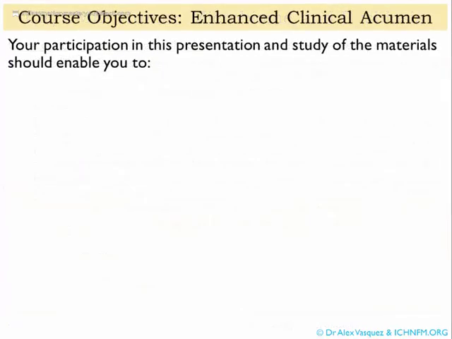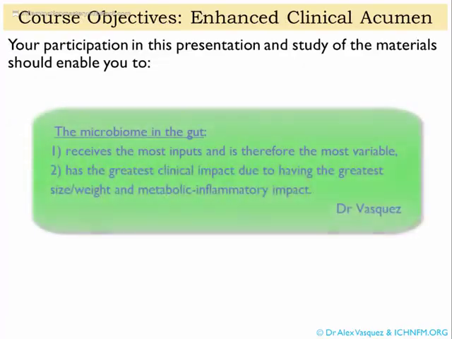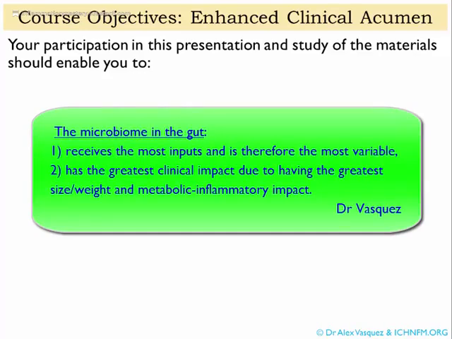Gastrointestinal dysbiosis, I think, is arguably the most common type of dysbiosis. That's because we have so many different influences on the microbiome of the gastrointestinal tract, such as exercise, nutritional supplementation, diet, and of course stress. And we appreciate the clinical manifestations of gastrointestinal dysbiosis because the gut microbiome has the potential to have the greatest impact on human physiology and pathophysiology by sheer volume of the microbial population and